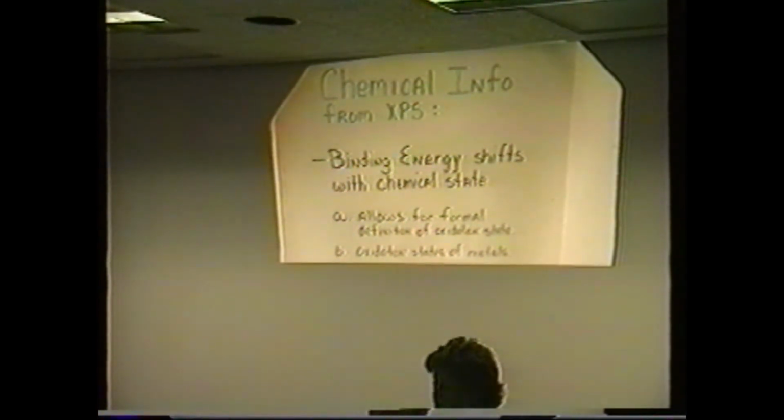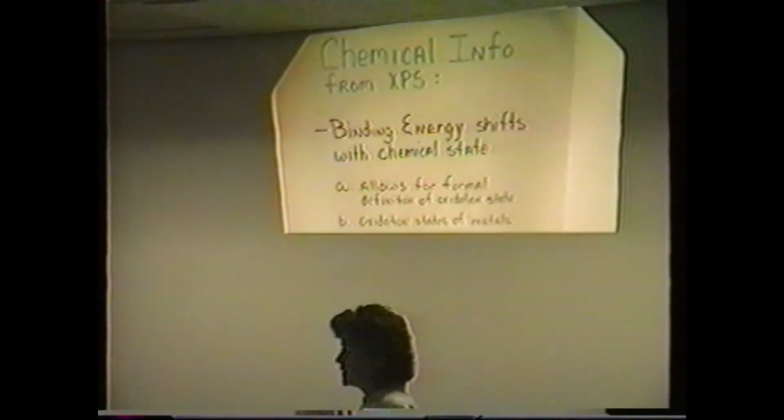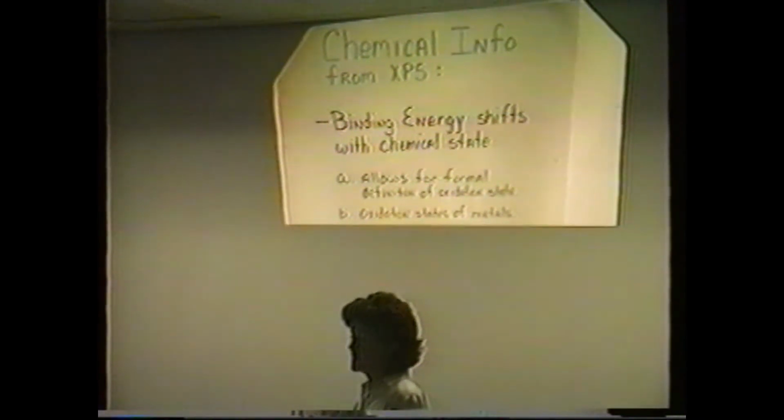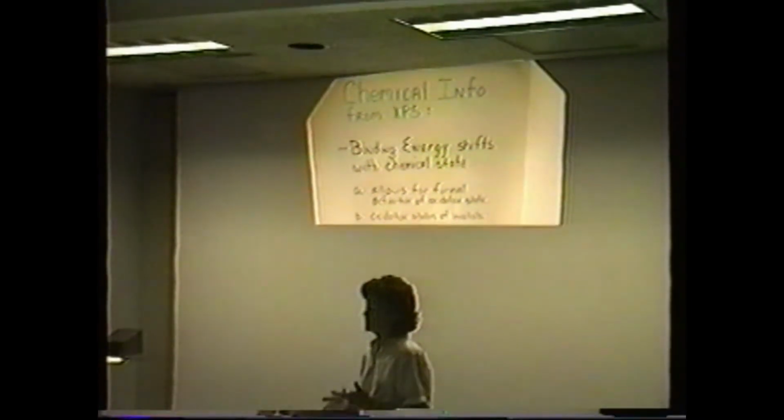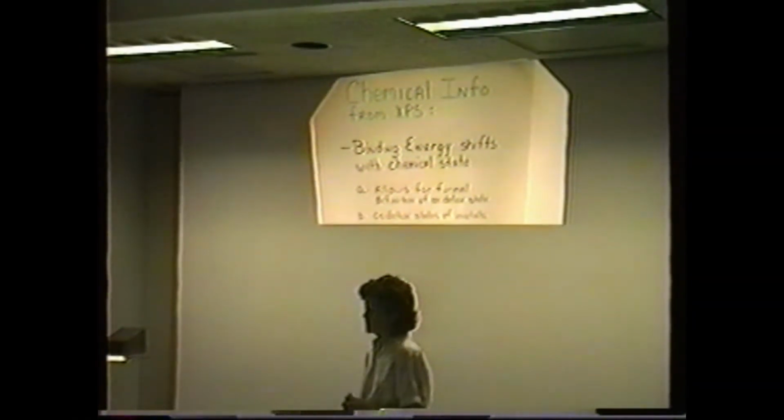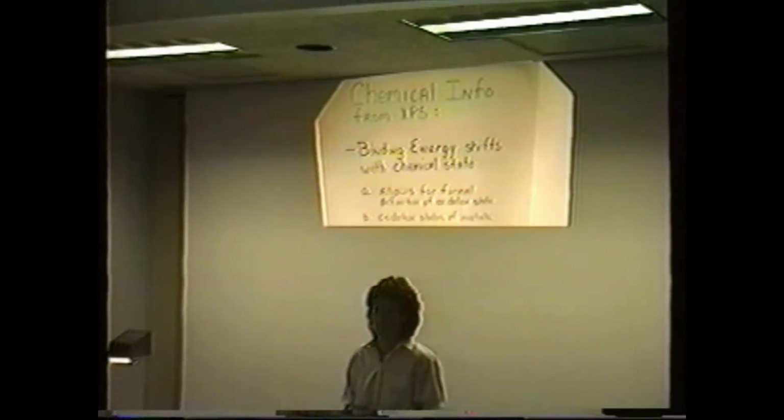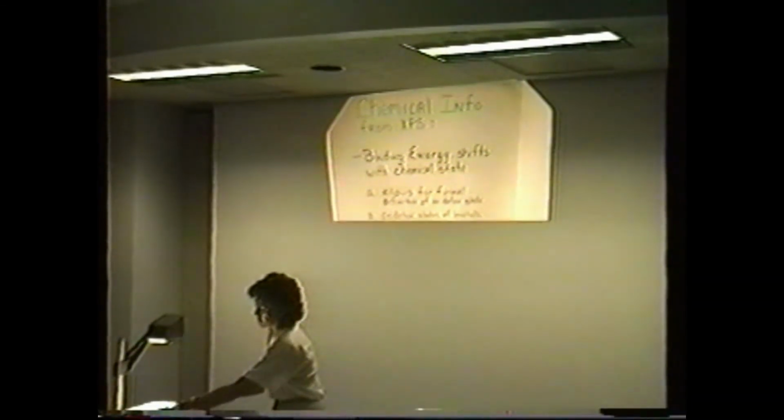Types of chemical information that we can obtain is binding energy shifts with chemical state. This allows us to formally define oxidation states. It also allows us to do oxidation states and fundamentals. To kind of show you what this means,